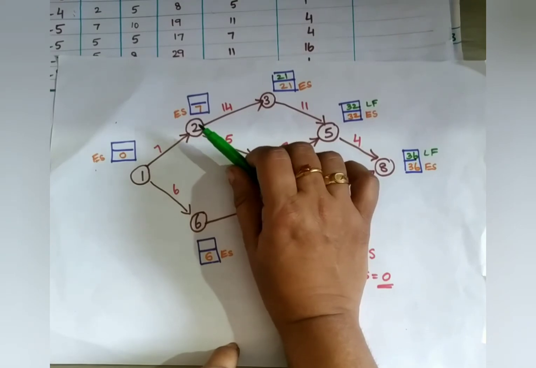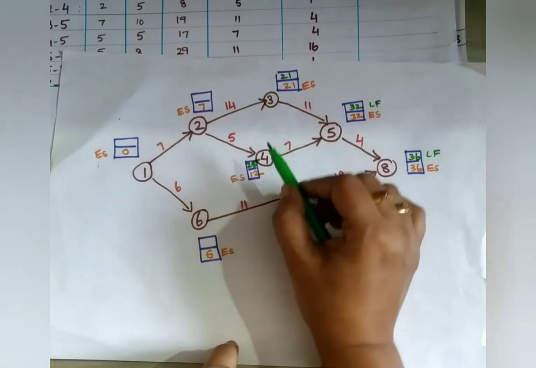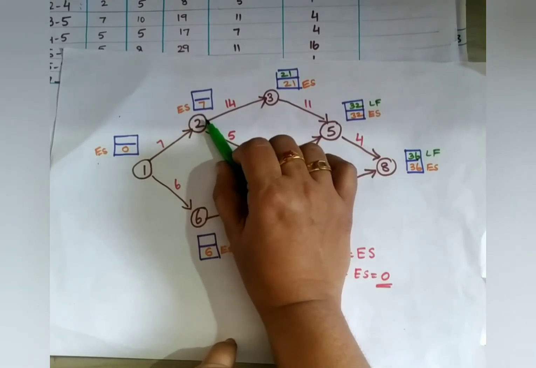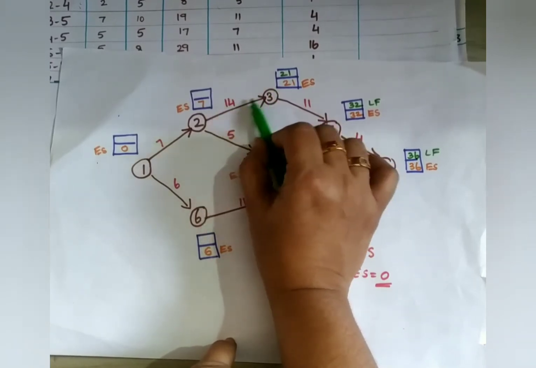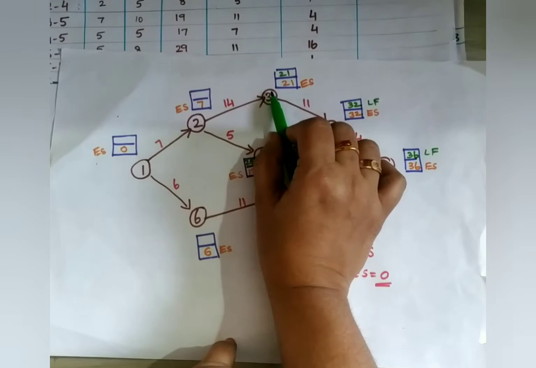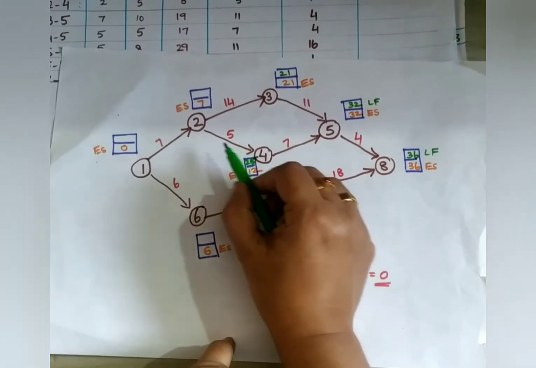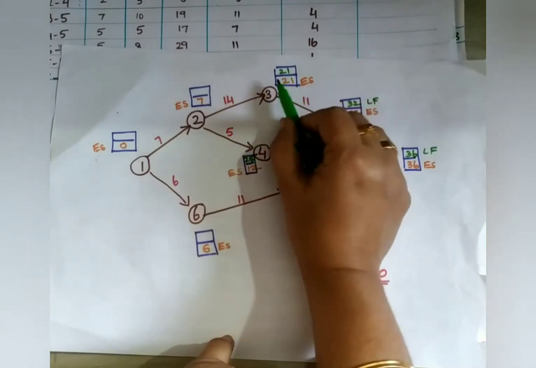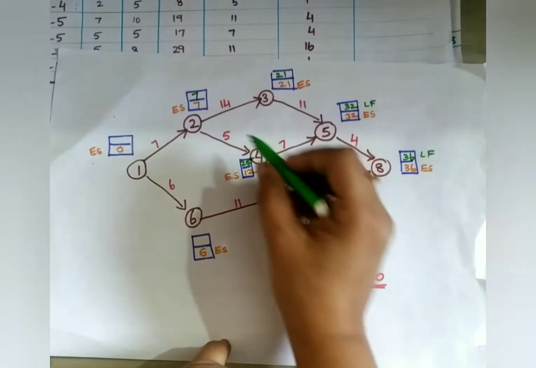Next here you see this point. Here 21 minus 14 can also come, and 25 minus 5 can also come. Two paths are going from this node, so if you are coming back, in this situation 2 nodes are coming, starting from this node. So while coming backward, 21 minus 14 can come, and 25 minus 5 can come. In this situation, what you have to do? You have to take the minimum. 21 minus 14 is the minimum, right? So take 7.